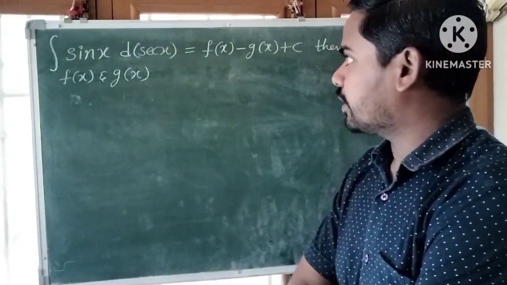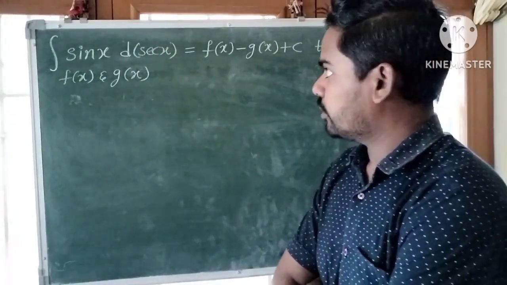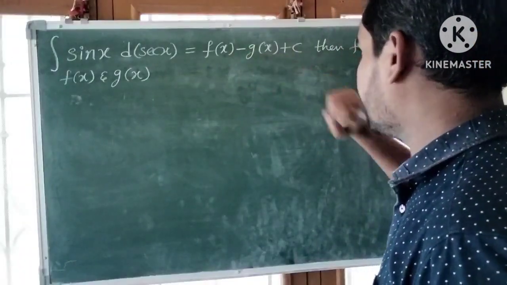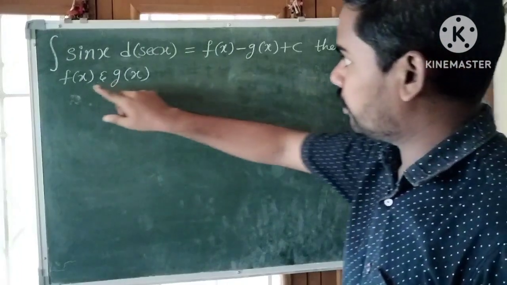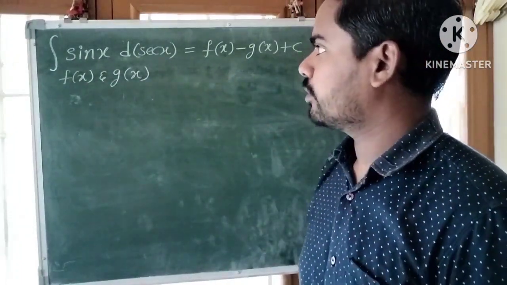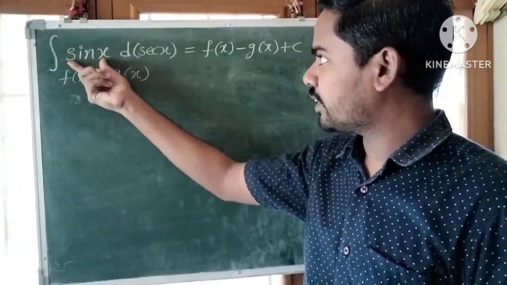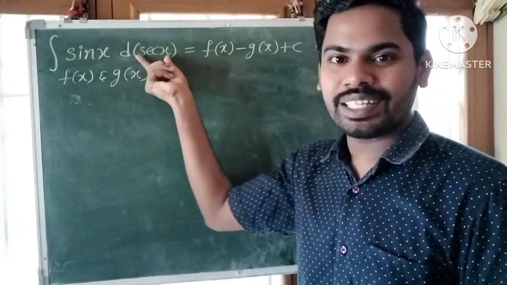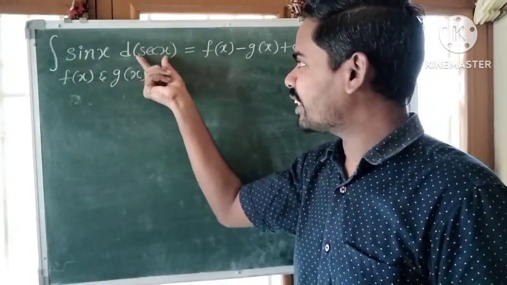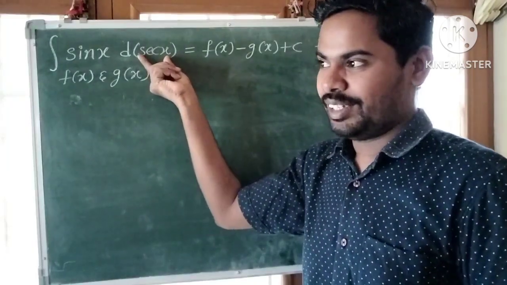Integral sin x d of secant x is equal to f of x minus g of x plus a. Then find f of x and g of x. So the integral of sin x with respect to secant x is given. In general, we find